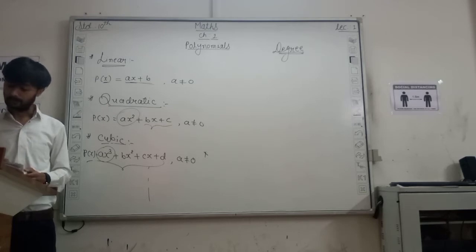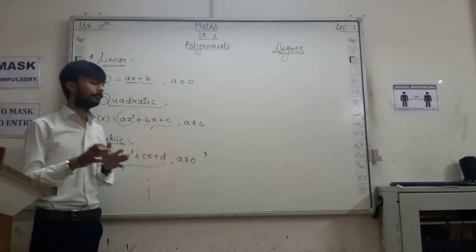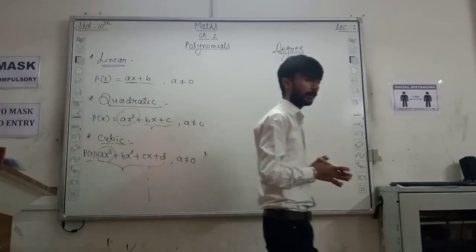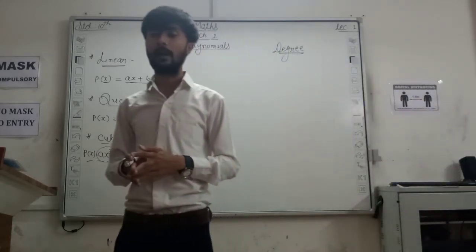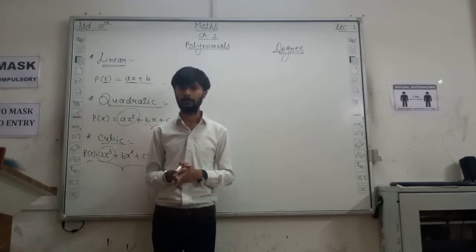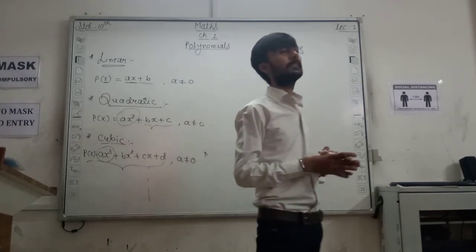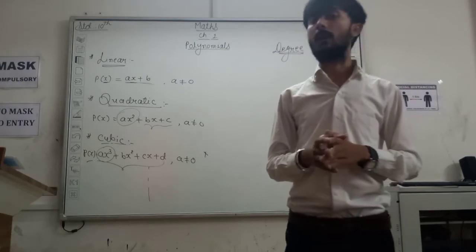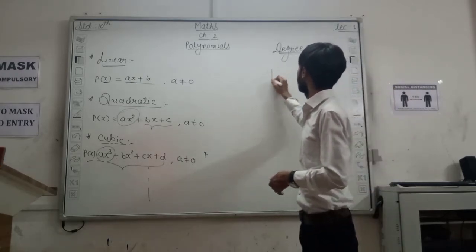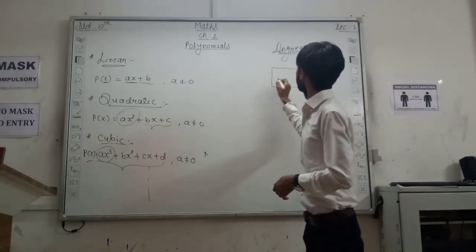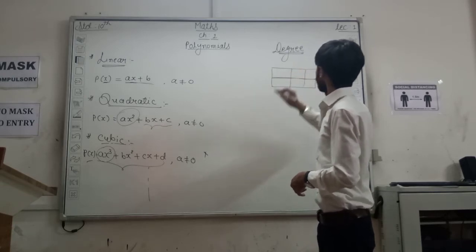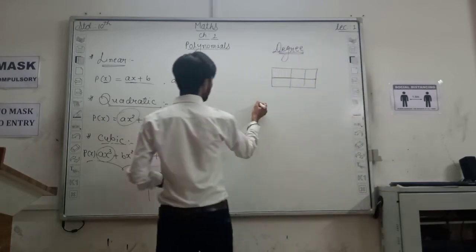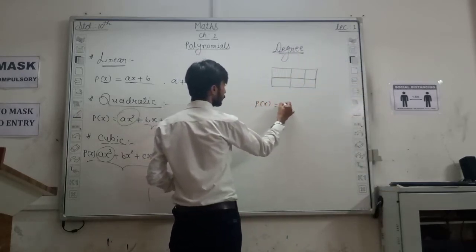and which we also studied in standard 9. Now go for the first main topic, that is the graphical representation of polynomials, which we have already done in 9th standard. Okay, so how to plot a graph from these values. So as you all know, suppose we have any polynomial p of x equals 2x plus 3.